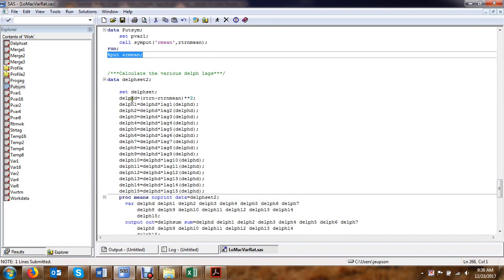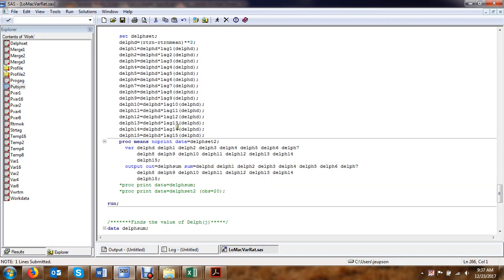Our initial delf is just return minus the mean squared, and then delf1 is the previous delf times the lag, and then delf2 is previous delf times the lag, etc. So this is a progressive summation that's going on. The equation calls for us to sum up every one of these variables, which is just what this proc means is doing, and it creates an output file here